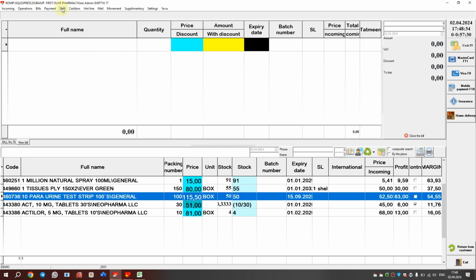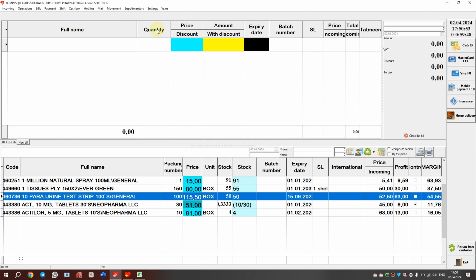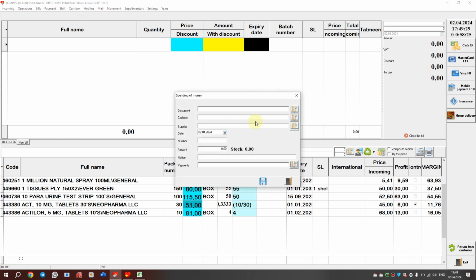The following functions have been introduced in the Cashbox section for conducting cash transactions. Stock. When using this function, data on cash balances is displayed broken down by type of cash register. Expenditure of money. When using this function, the process of creating a cash expenditure transaction is carried out with buttons